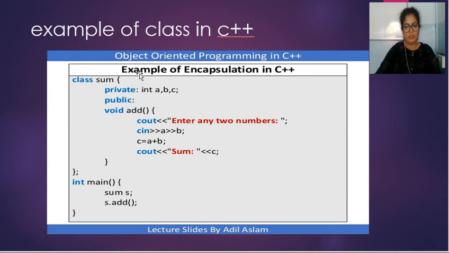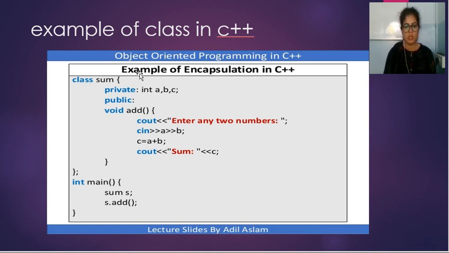Now there is one more thing. It is written at the top that it is an example of encapsulation in C++. It is also an example of encapsulation. Now see how. As I have told you, encapsulation is when we combine the data members and member functions at a single place.